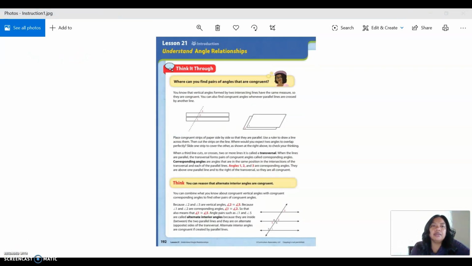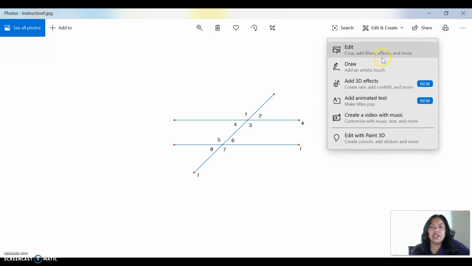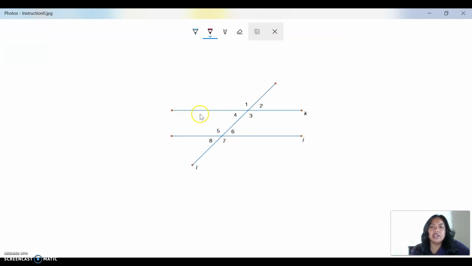Hi guys, this is day 1 of lesson 21. We move forward into unit 4. This is understanding angle relationships. There's a lot of words on this page, and I want to walk through some of the vocabulary first. So I'm going to scoot back and have a picture of what we will be talking about today. Okay, so what you see right there is a pair of parallel lines,